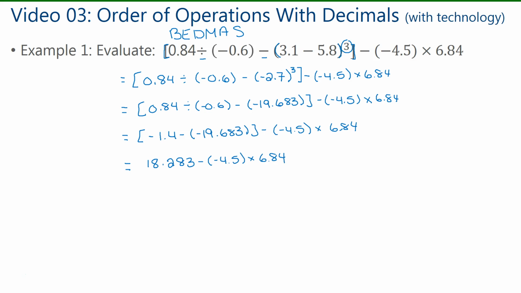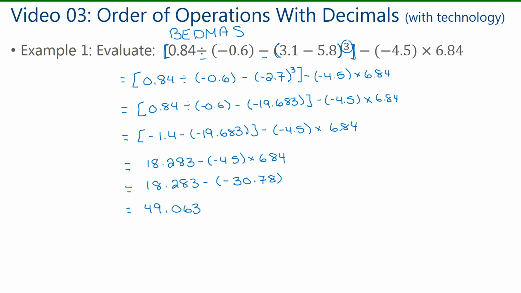Now we have a subtraction and multiplication. So we'll do the multiplication next. We have to multiply negative 4.5 and 6.84. That gives me negative 30.78. And now we're left with just the subtraction. So doing that, you should get an answer of